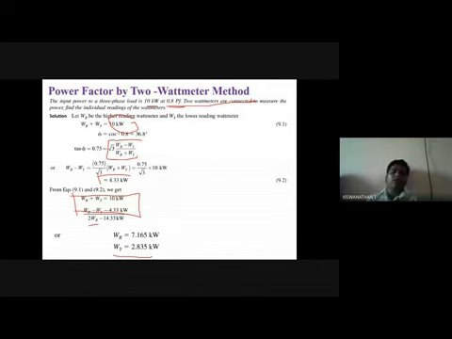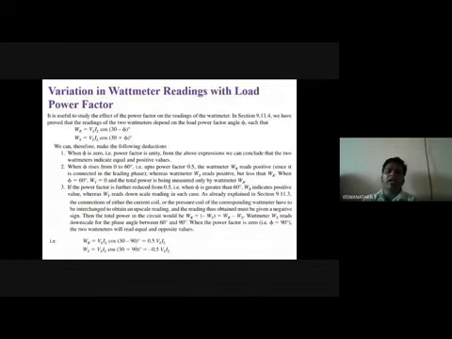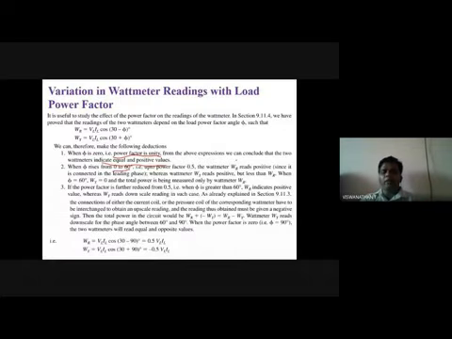What is the variation in the wattmeter readings with respect to the load? Suppose the load is resistive, then the power factor is unity, and the 2 wattmeters indicate equal and positive readings. Suppose the angle is between 0 and 60 degrees. Then the first wattmeter WR is positive, the second wattmeter is also positive, but it is less than WR. It further reduces as the power factor falls below 0.5. When the angle is greater than 60 degrees, WR is positive and the other is a negative value, or downscale reading. Downscale means it is below zero.